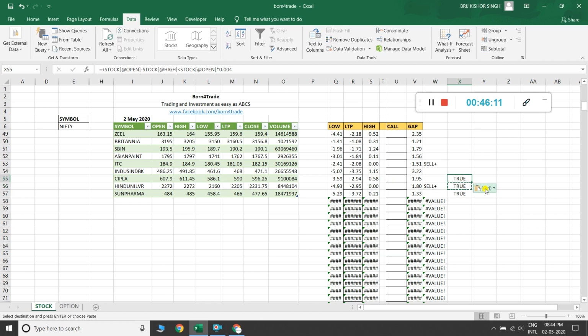Then I paste it here, and it gives a true signal. It means I'm making some mistake in this formula. Here true is okay, here true is okay, but here also true, it means we have made some mistake in this condition. Then I take a close look.